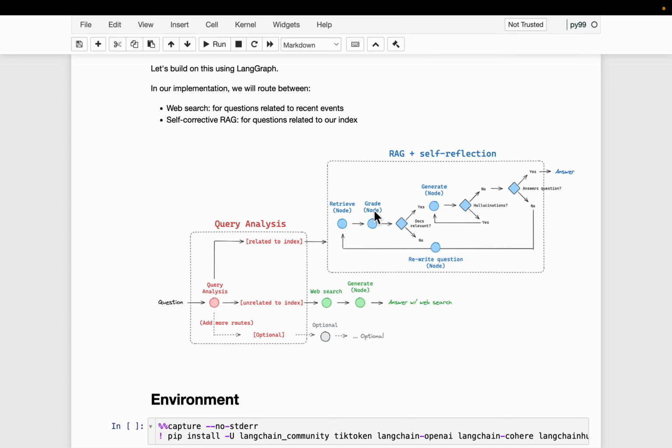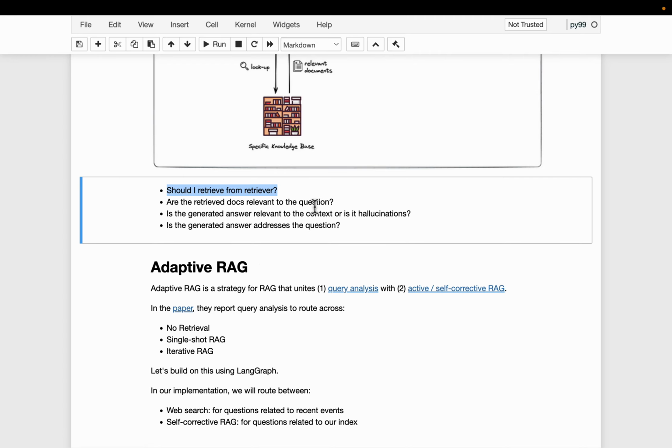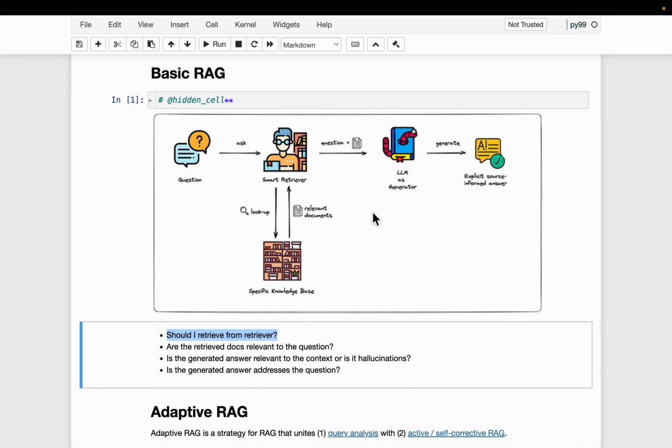So depending on the quality of the retrieved documents, either we go ahead and generate the answer, or we rewrite the question to retrieve the relevant documents in the next step. So we have addressed the second limitation, which is here.